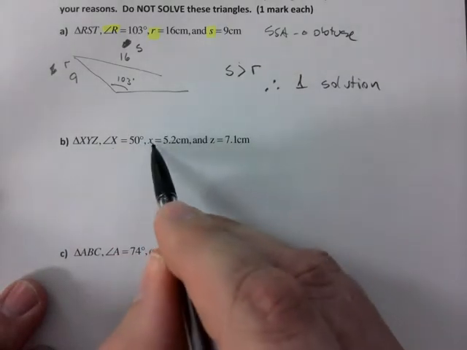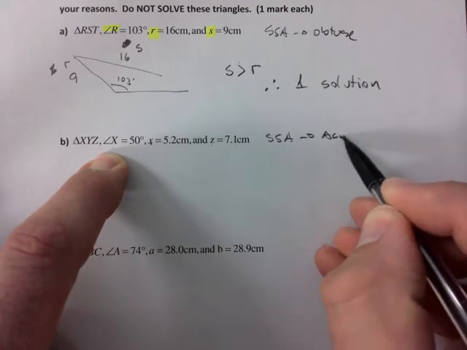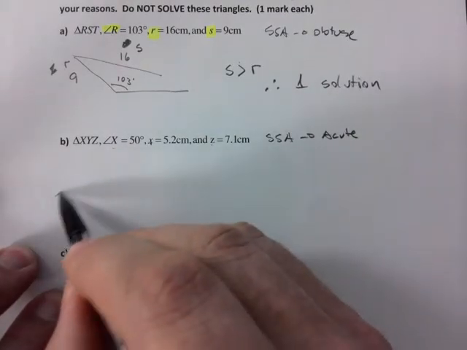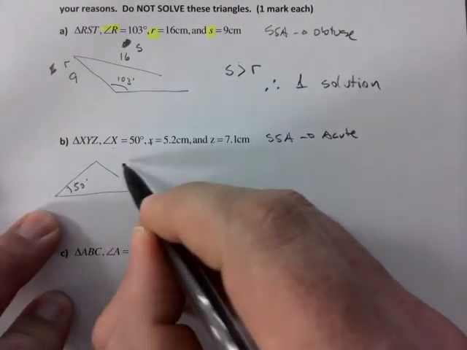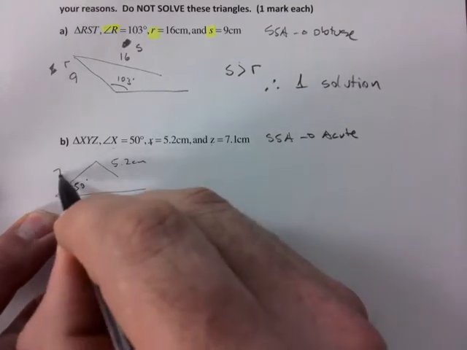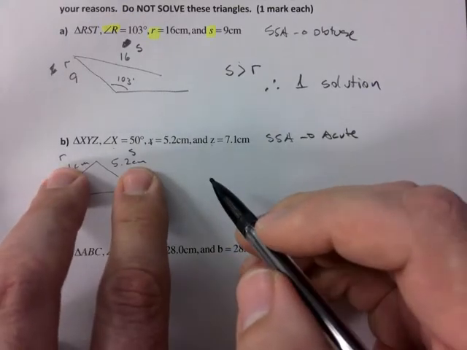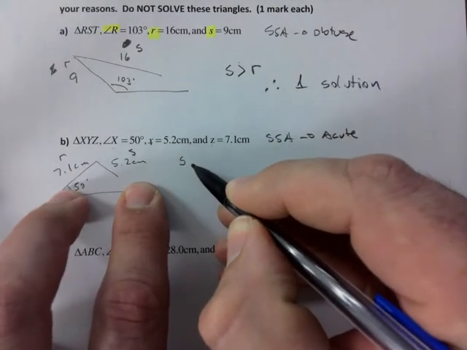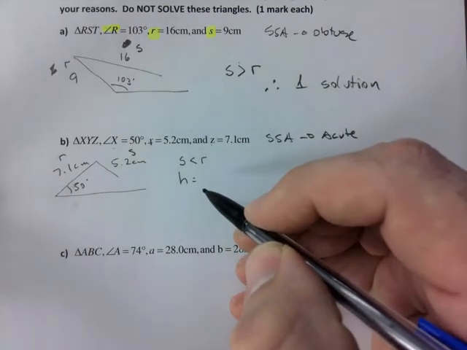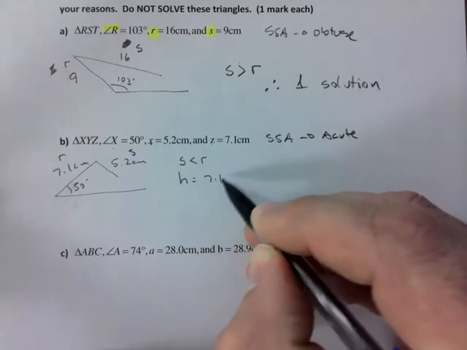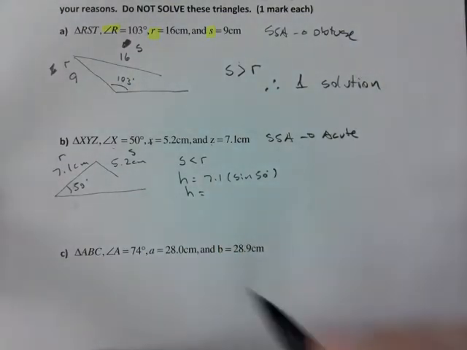So next I have, right, a pair and another side. So this is an SSA and this is acute, right? So I need to draw it like this with the 50 over here. The 5.2 goes there and the 7.1 there. Rod and string. The first comparison is between the two. So I clearly say that the string is shorter than the rod. I need to go ahead and find the height. I'm just going to look at my key here. And that is 7.1 times sine of 50. So the height is 5.44